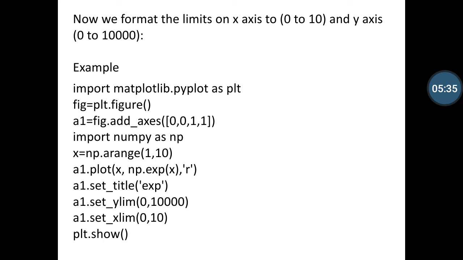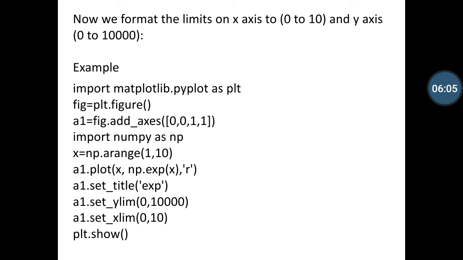Then I define the y limit and x limit. First of all, a1.set_ylim is from 0 to 10,000 and the x limit is 0 to 10. You can notice in the graph that the y-axis is from 0 to 10,000 and the x limit is 0 to 10, and then the last code is to draw the graph.